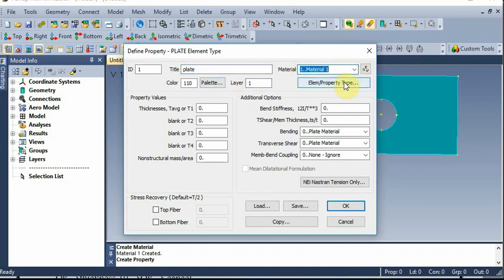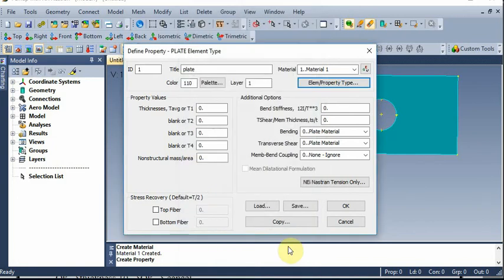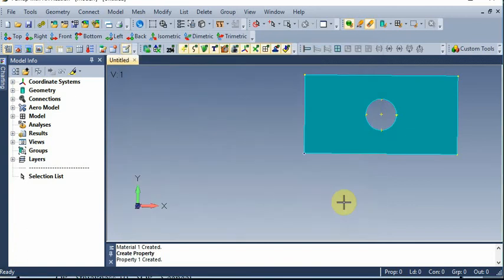Then element property type, it is plate. Okay. Then the thickness of the plate is 10 mm. Then give OK, give cancel.